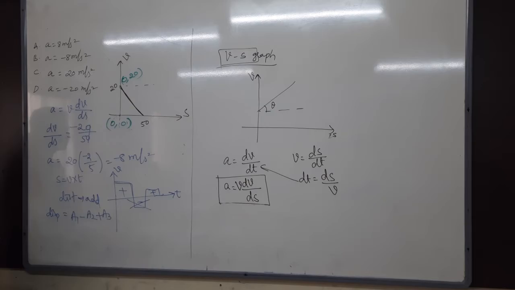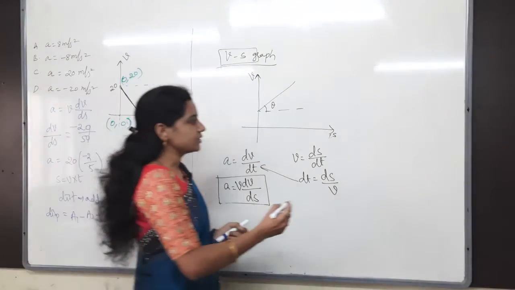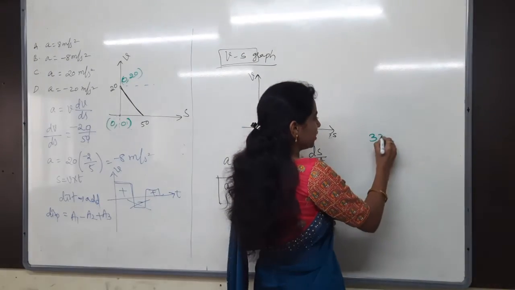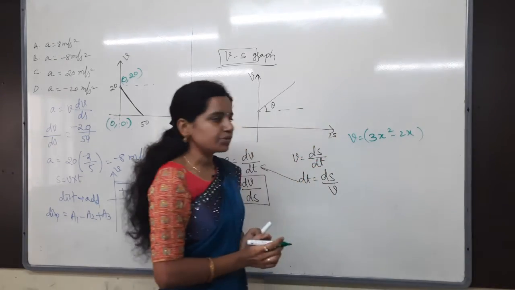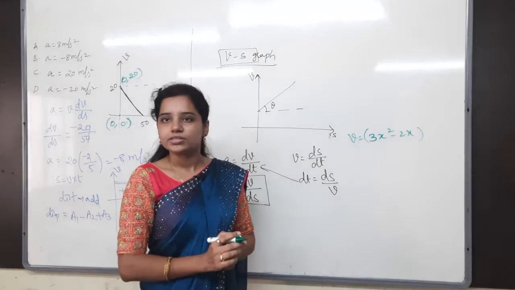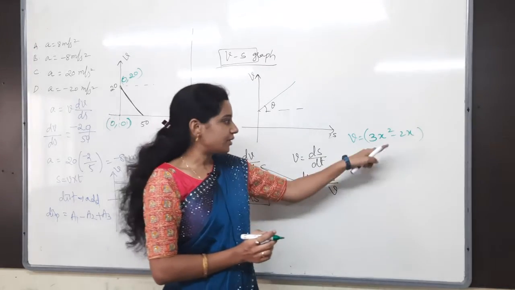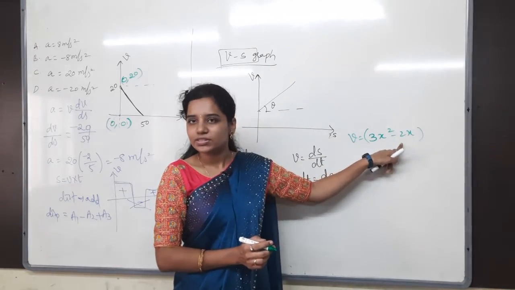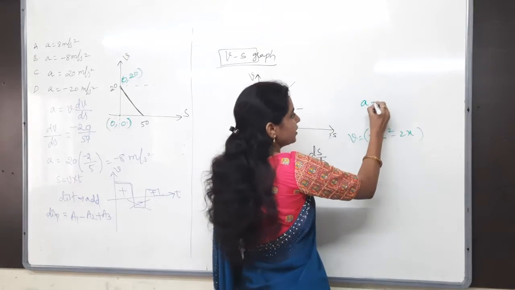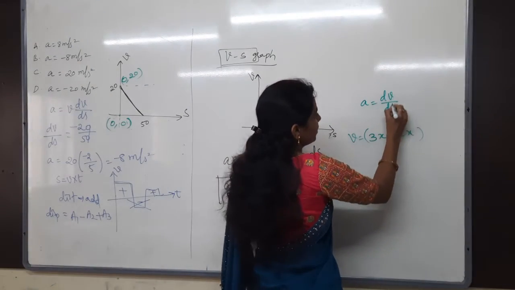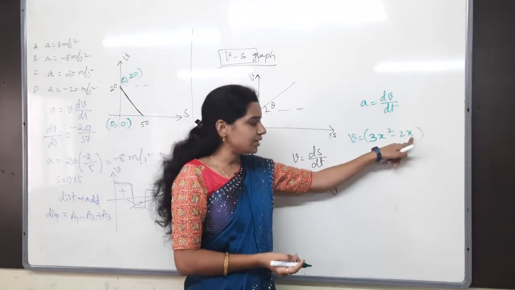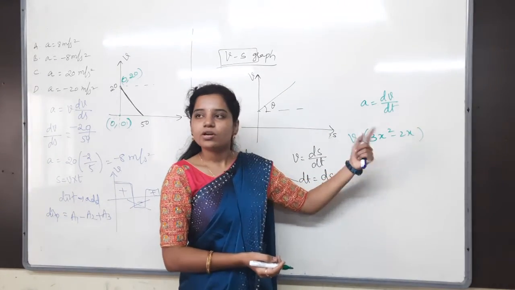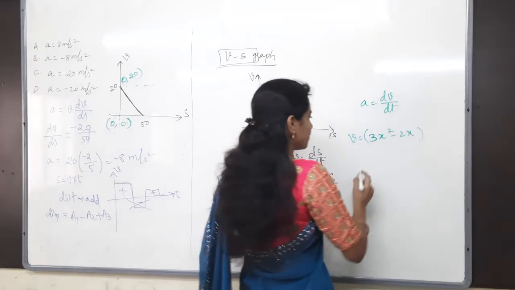Whenever they have given a function, for example, they will give the function like this. I will give that kind of problems also. 3x square minus 2x, they have given as the velocity. Now they are asking to find out the acceleration. How to do that? They have given the function of s. What is the acceleration formula for us? dv by dt. You have to differentiate with respect to time. Is there any time here? There is no time. Then what do you have to do? Nothing but obviously you have to use this formula only.